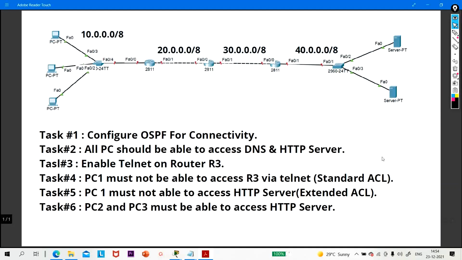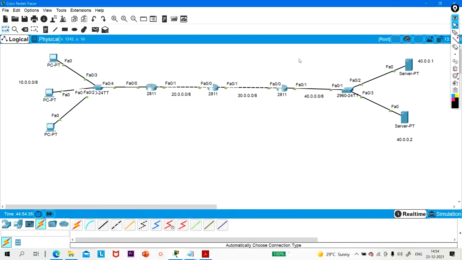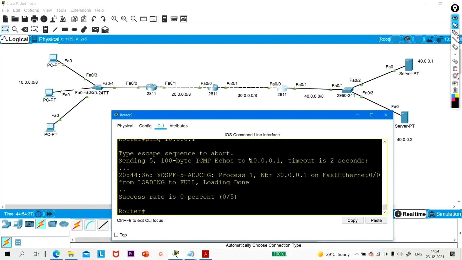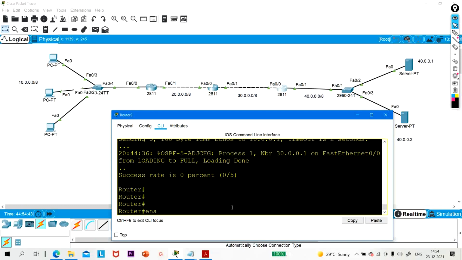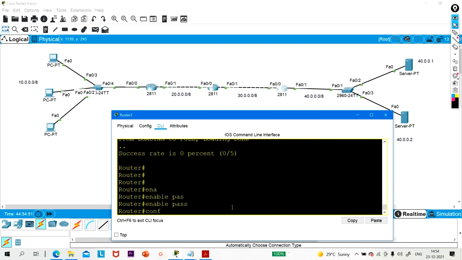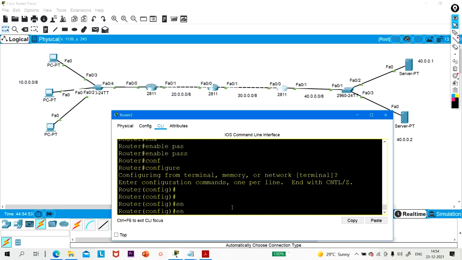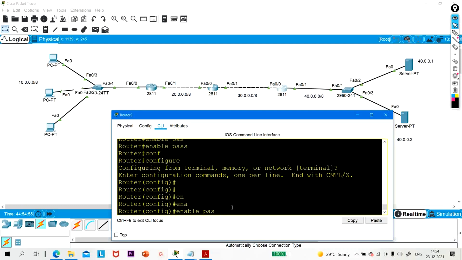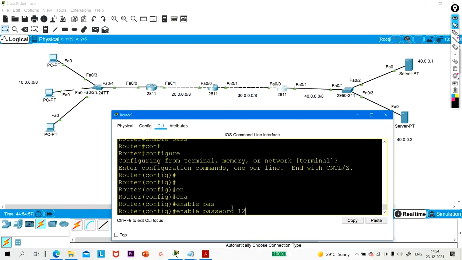Okay, so let me enable Telnet on R3. Go to R3. How can we enable Telnet? Enable password. The password is 123.